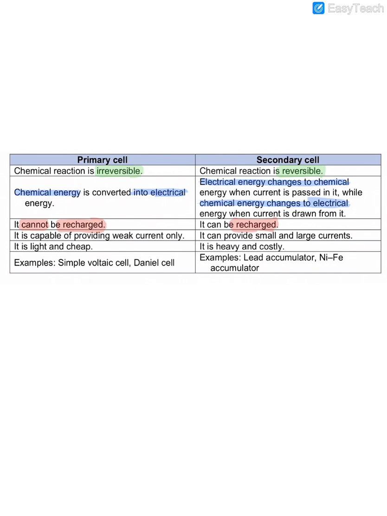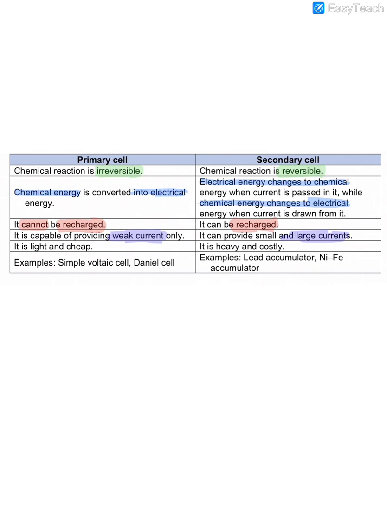Okay. Then the next thing, which is very important, is that primary cells only produce weak current. They do not produce very strong current, whereas secondary cells can produce small and large current both. What do you mean by weak current? It means the current is so weak that it can be used only for small appliances, like a clock, your watch, a toy car, or remote controls. But secondary cells can be used even to run tube lights and fans. For 8-10 hours you'll be able to use the tube lights or the fans, and it will still work.